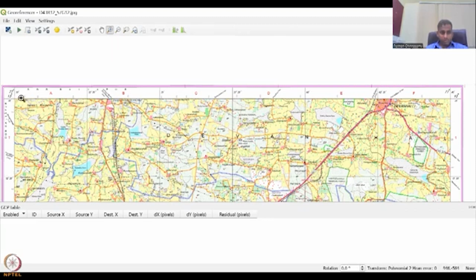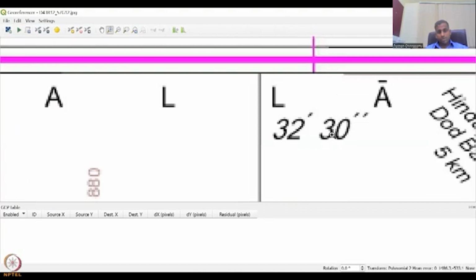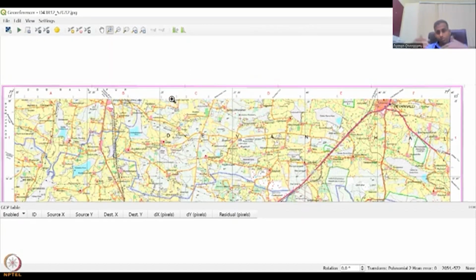So 77 degrees 30 minutes. Then this is 32 degrees 30 minutes, if you can see 32, 30. And then we have 35. So 2:30, 2:30, 2:30. Again, 30 plus 30 is 60, and 60 is equal to 1. It is the same as your clock: seconds convert to minutes, and minutes convert back to your